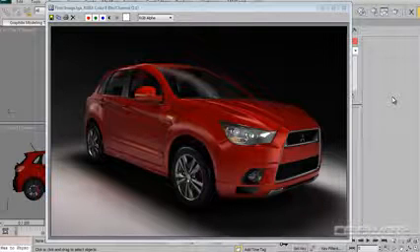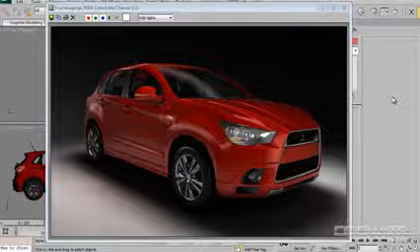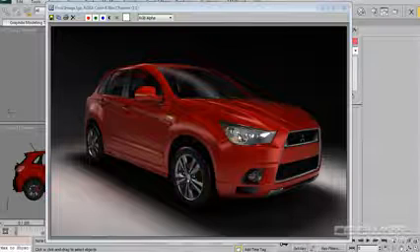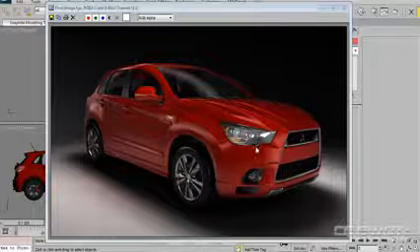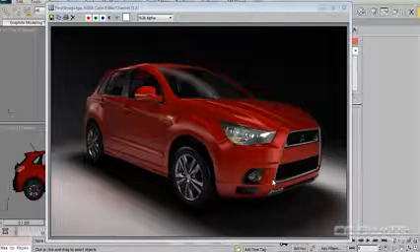Today we're going to take a look at a studio lighting scenario where we've got a car and we're going to try to light it for pretty much a photographic promo type render. And this is pretty much the final render that you're going to get, and it does have a little bit of post-production treatment, just a little bit of depth blur, but it's almost exactly what we're going to get out